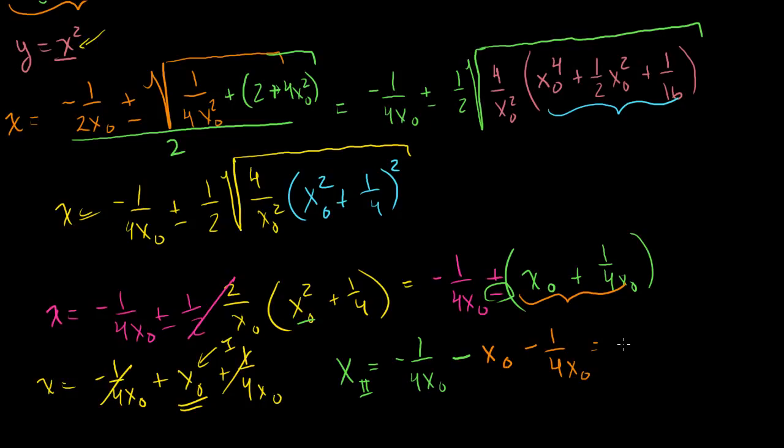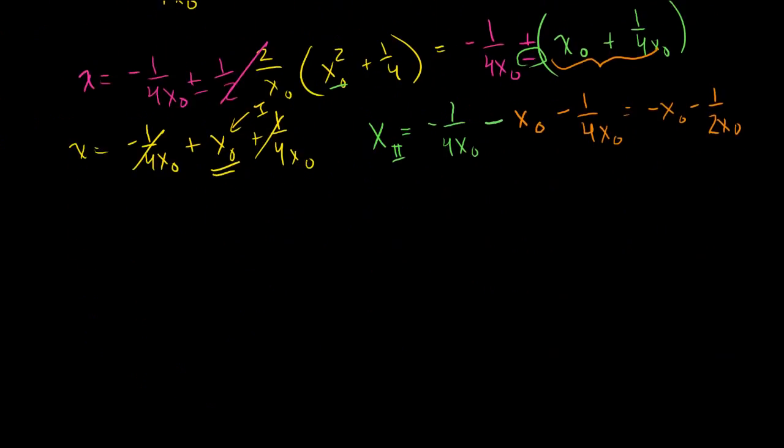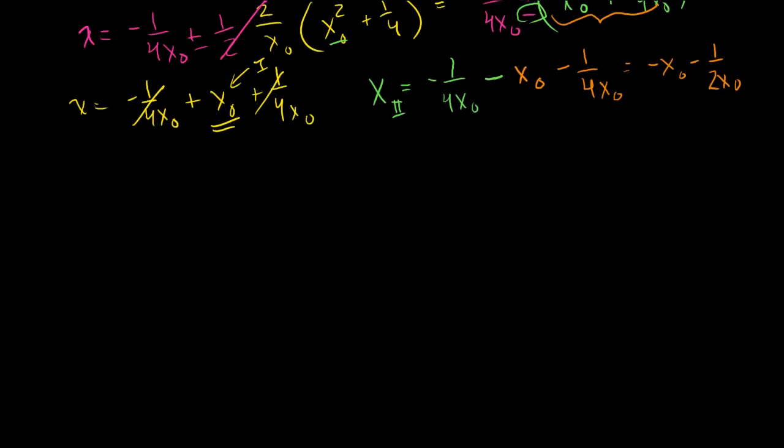So this is equal to minus x naught minus 1 over 2 x naught. If I take minus 1/4 minus 1/4, I get minus 1/2. And so my second quadrant intersection, all this work I did got me this result. My second quadrant intersection, I hope I don't run out of space, of the normal line and the parabola is minus x naught minus 1 over 2 x